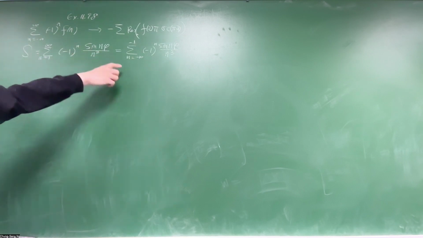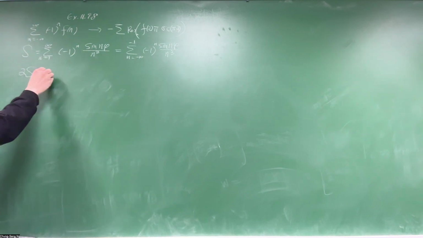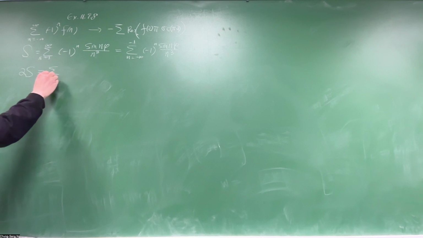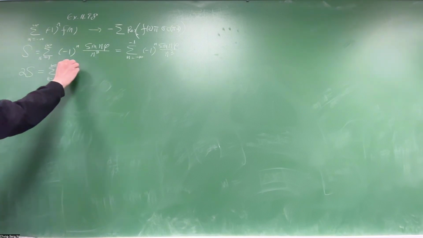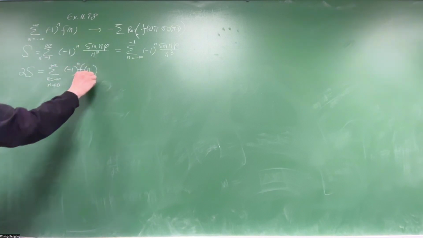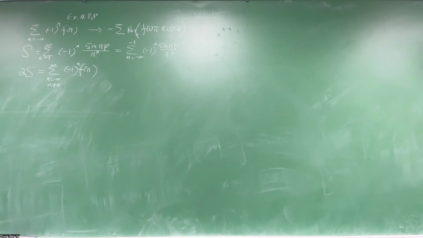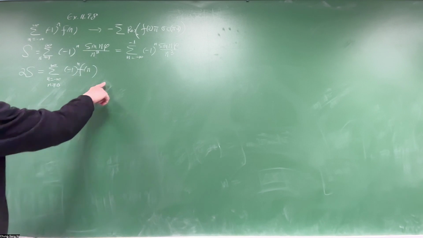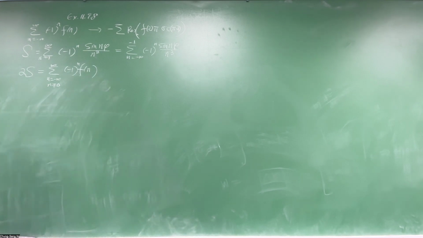So this plus this is 2s, equal to the sum from minus infinity to infinity, with n not equal to 0. Right? Then, obviously,